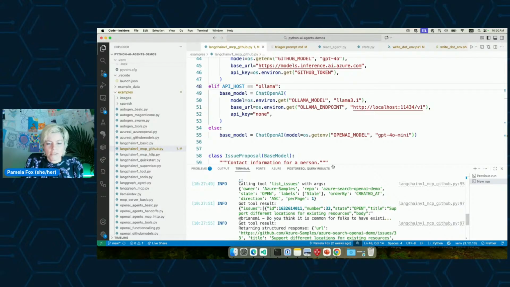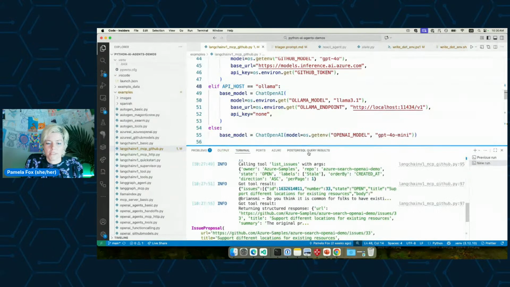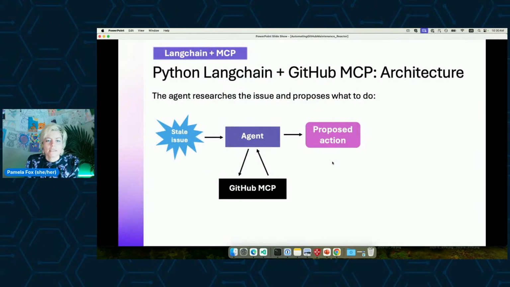All right. So this is the start of an agent that uses the GitHub MCP server, but we need to bring the human in the loop, right? So how are we going to bring a human in the loop? I could do a command line interface where I go back and forth, and I have to re-implement chat. Instead, what I decided to do